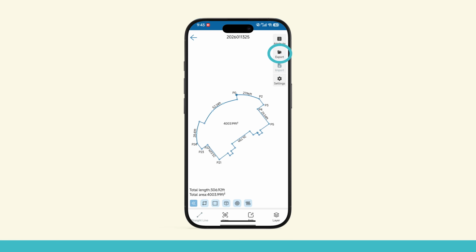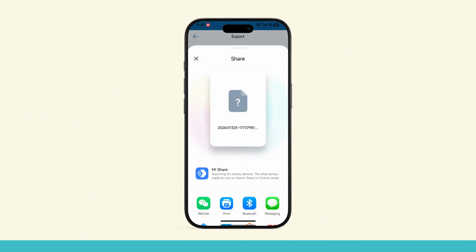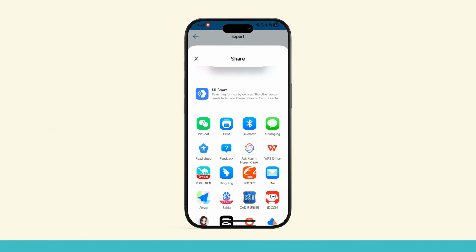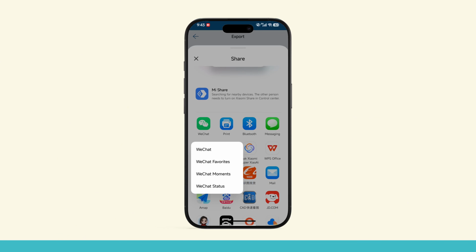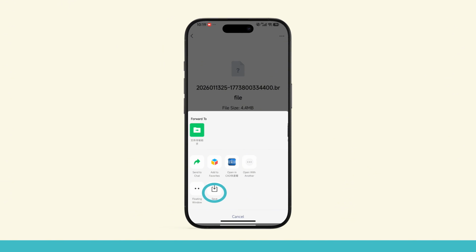First, when exporting the project, you need to select the BAR file format at the bottom. Click to export and share it with the other party through third-party applications such as QQ, WeChat, and Bluetooth. When the other party receives the shared project, first save the file to the mobile phone and pay attention to